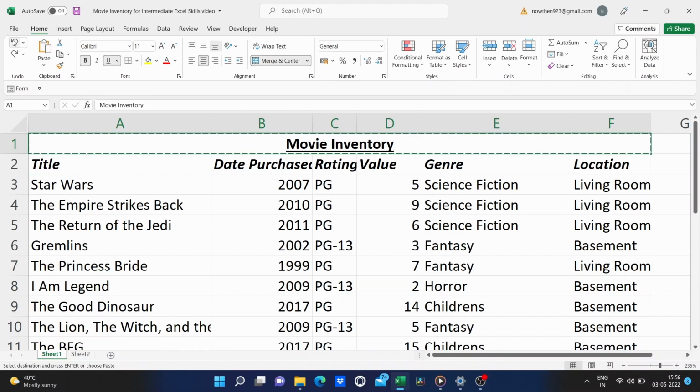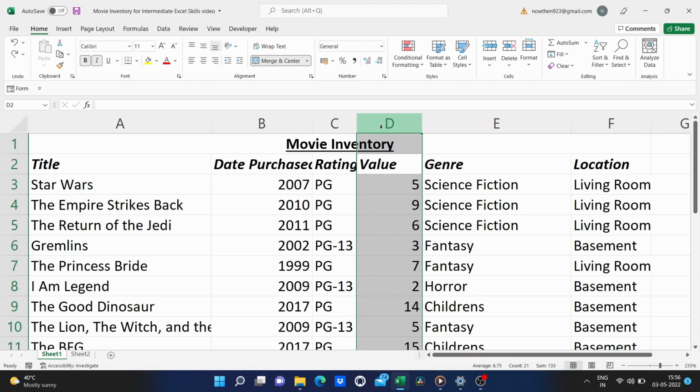Now another more advanced formatting option that is pretty exciting, at least to me, is what they call conditional formatting. It's up here at the top of the Home tab, Home ribbon. Either way, I'm going to select column D. So I just click on it and the entire column is selected.